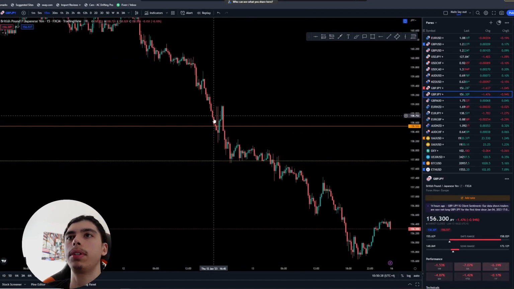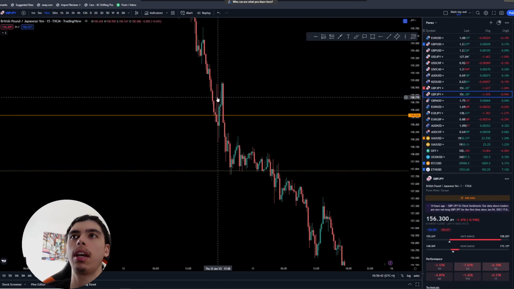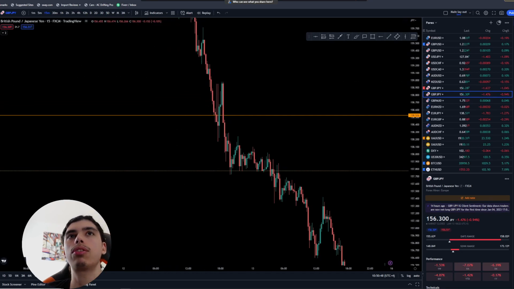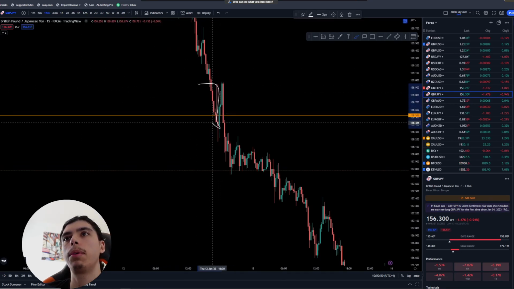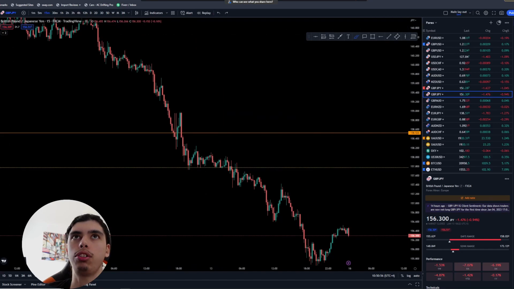Now what happens here is this is CPI actually. See, these 2 wicks here is CPI. And if you remember, this was the 12th of January. And if you look at 1730, that was CPI. So you can disregard this whole section of the chart because this is not valid. Why is it not valid? Because it's CPI. So what we establish here is, and CPI is a news event if you don't know,